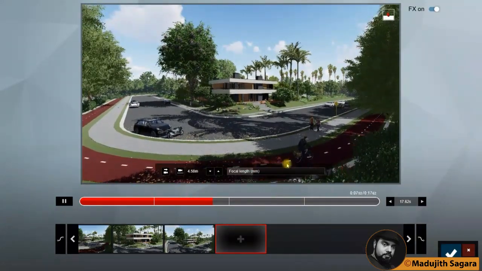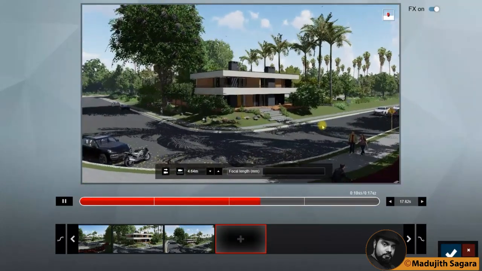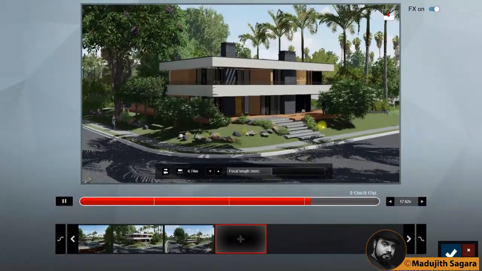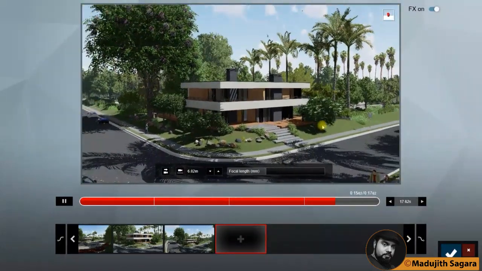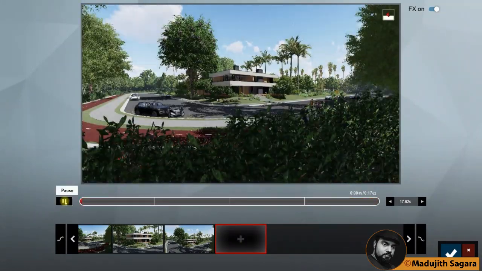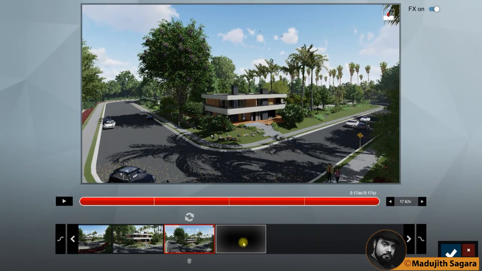Now that is pretty amazing, but these should move. For that you have to copy the effect from the previous clip, and you can place it here. Okay, if you want to add another clip, another movie, you can add it. This is the last one.